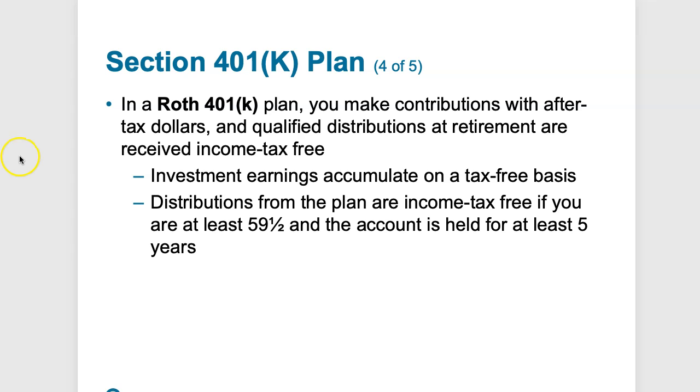You can split between the two, and that could be a good way of when you retire. If you have both accounts, say you need $50,000 to live on, you can take $25,000 out of your Roth, pay no taxes, take $25,000 from your 401k, and only pay a very low tax rate on the $25,000. So it could be a good way of really maximizing your gains over a lifetime and minimizing your taxes upon